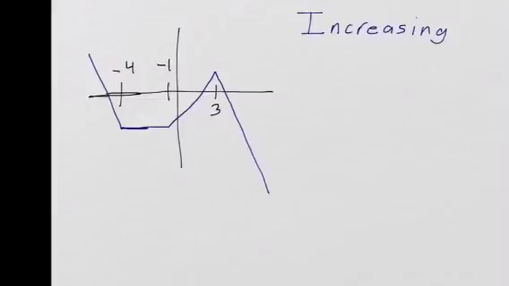So in this case, that's going to be the area that I'm highlighting in pink here. It's going to be that area. And we're going to require that it be an open interval it's increasing on. So therefore, we're not including the endpoints of the interval. So we say it's increasing on the interval from -1 to 3. Likewise,